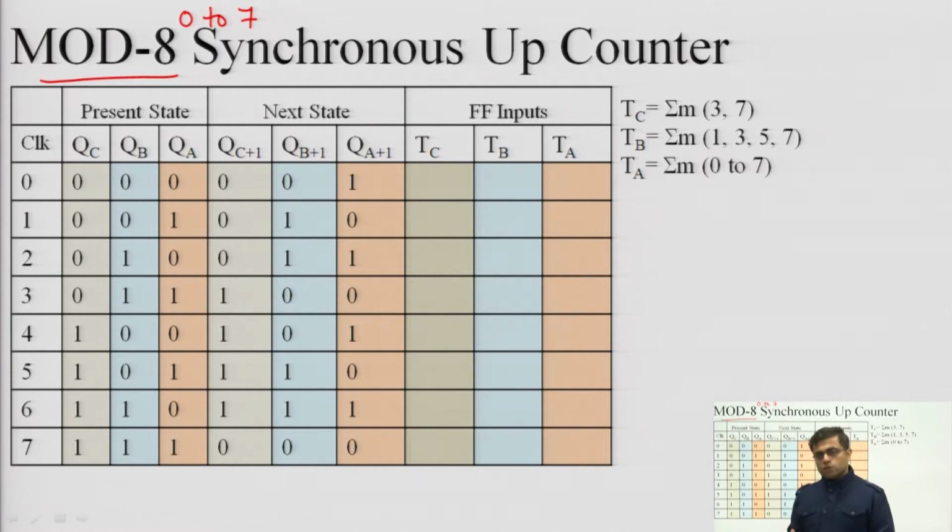But in case of synchronous counter, the process is more systematic. That means, we will first describe what my requirement is. I need 1 after 0, I need 2 after 1, I need 7 after 6. So, this behavior has to be described in the form of a table, and that table will then be converted into a circuit by using K-map expressions.